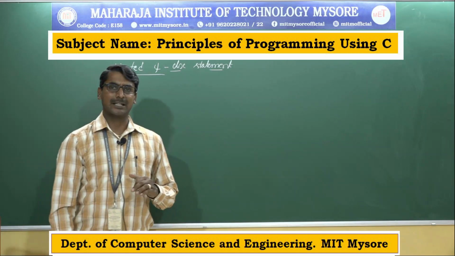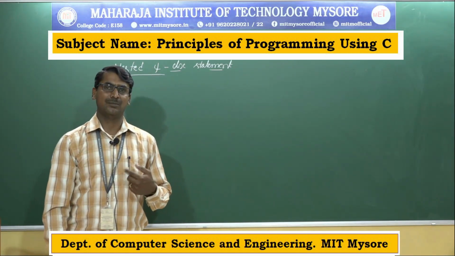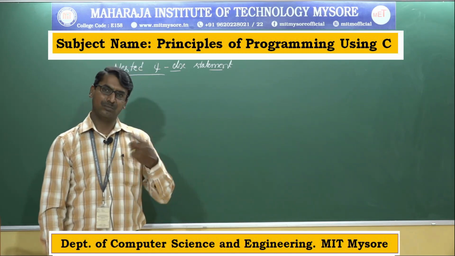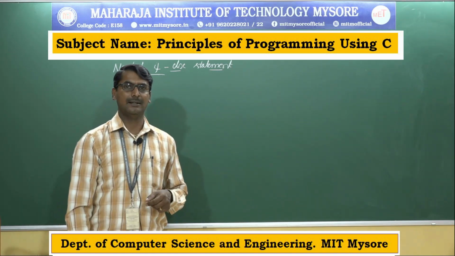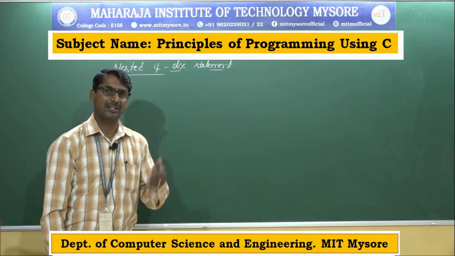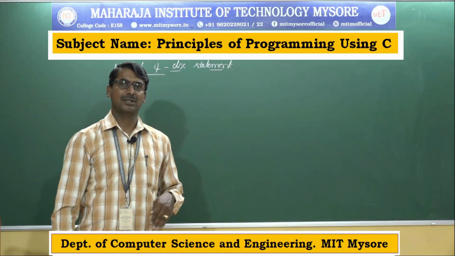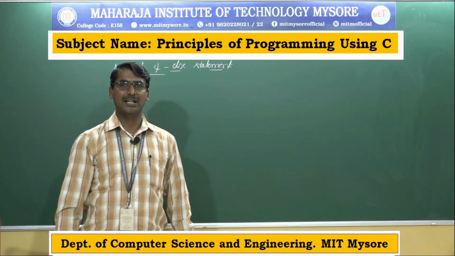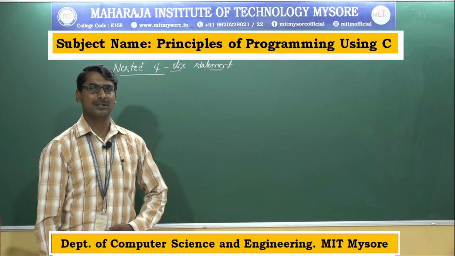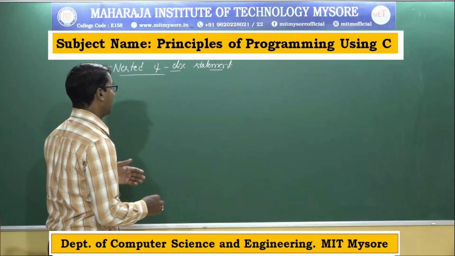So in the nested if statement we check more than one condition, or more than one alternate is present. It is a variation of the if else statement. This statement is used when you are checking more than one condition or more than one alternate. The general form of the nested if statement is